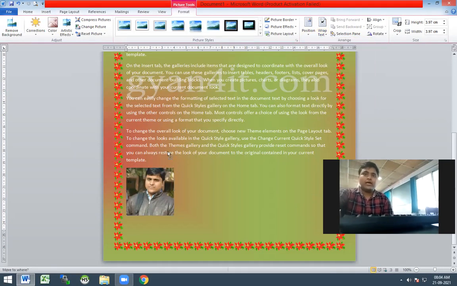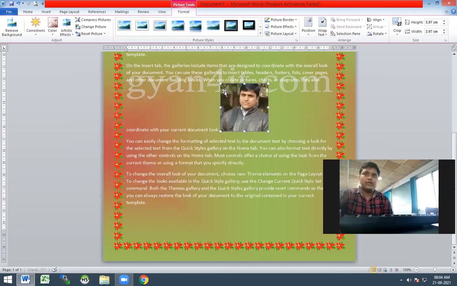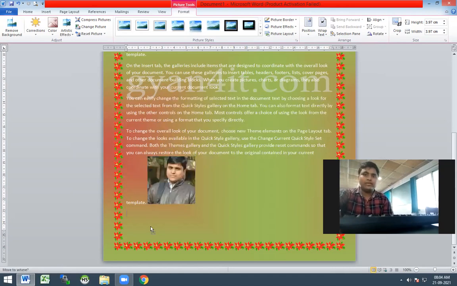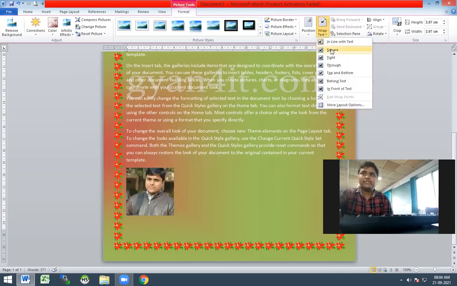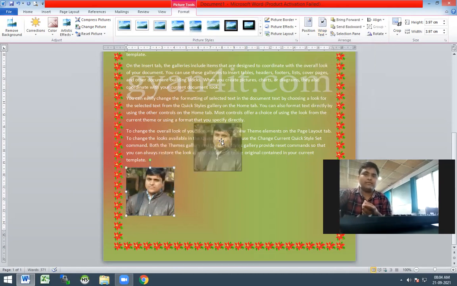You will have to identify it using the points like this one. Then after your picture is moved, but this gap of the line is actually breaking the paragraph. That is not good for us. So whenever needed, you will have to first wrap the text over the picture with the help of the options called behind the text, in front of the text, top and bottom, or through the line. Whenever we apply it, then we can move it.